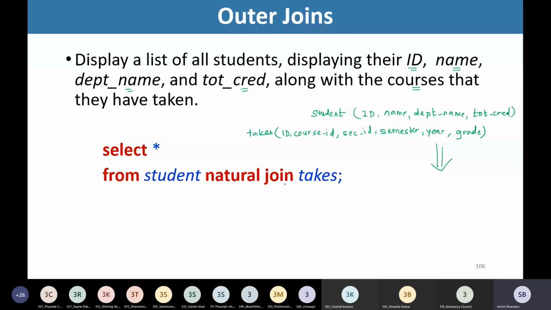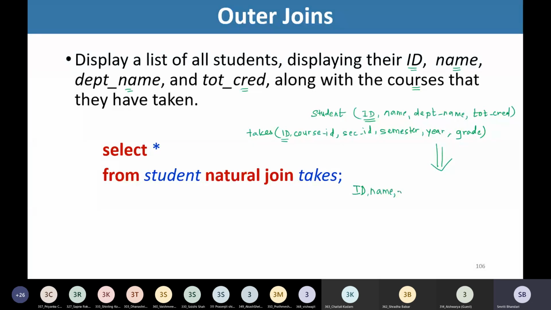What are the attributes that I'll be having? In my natural join, whichever is the common attribute or attributes appear only once. In our student and takes relation, the common attribute is ID. So, ID is the common attribute, and that will be the first column in our result.